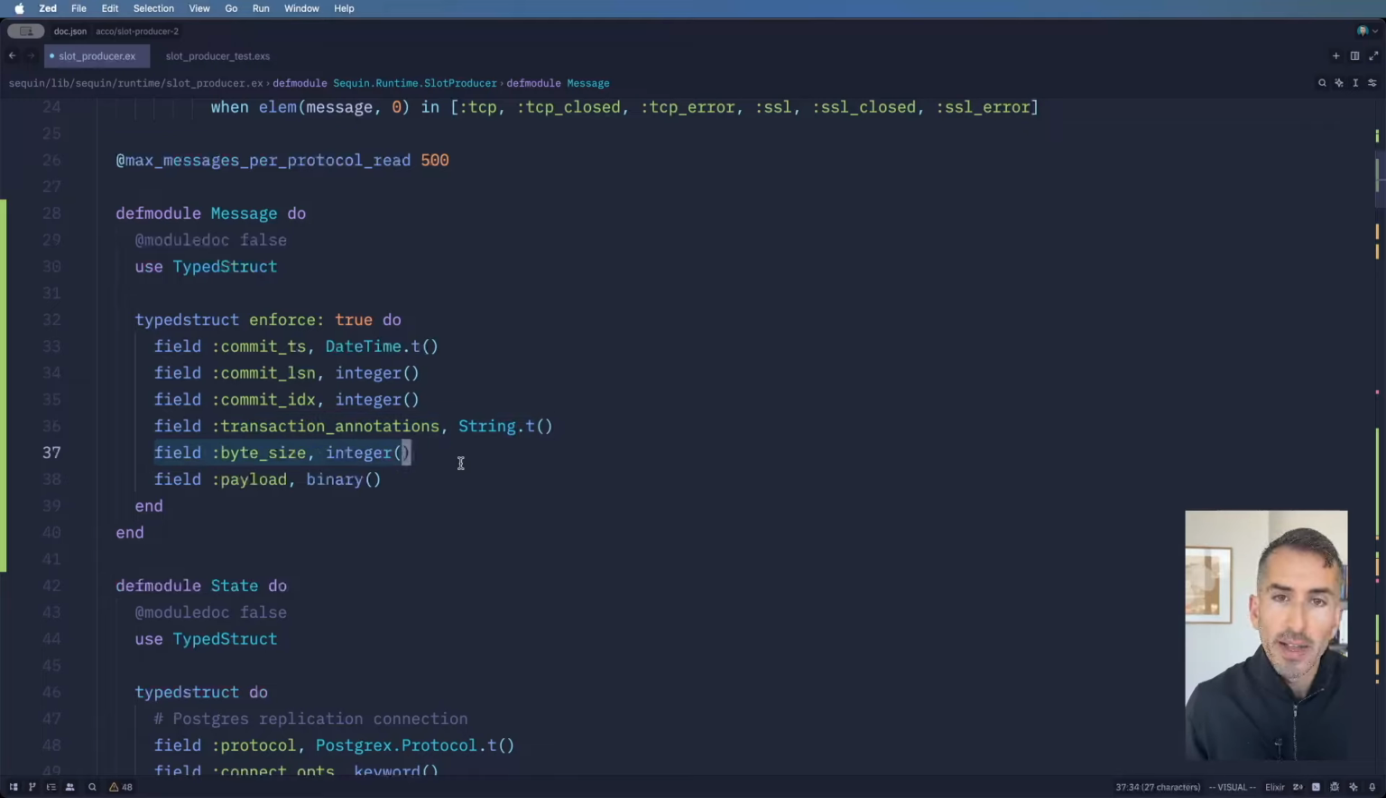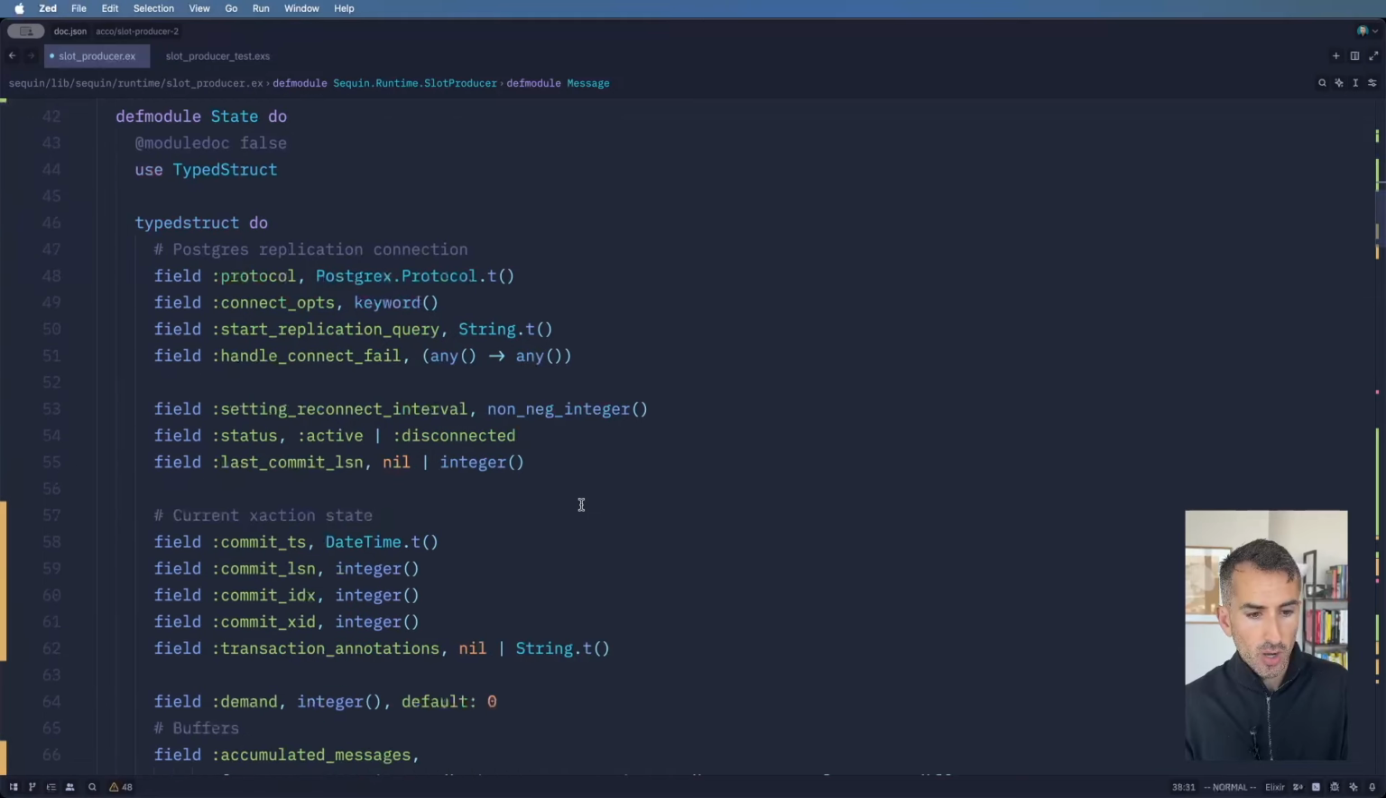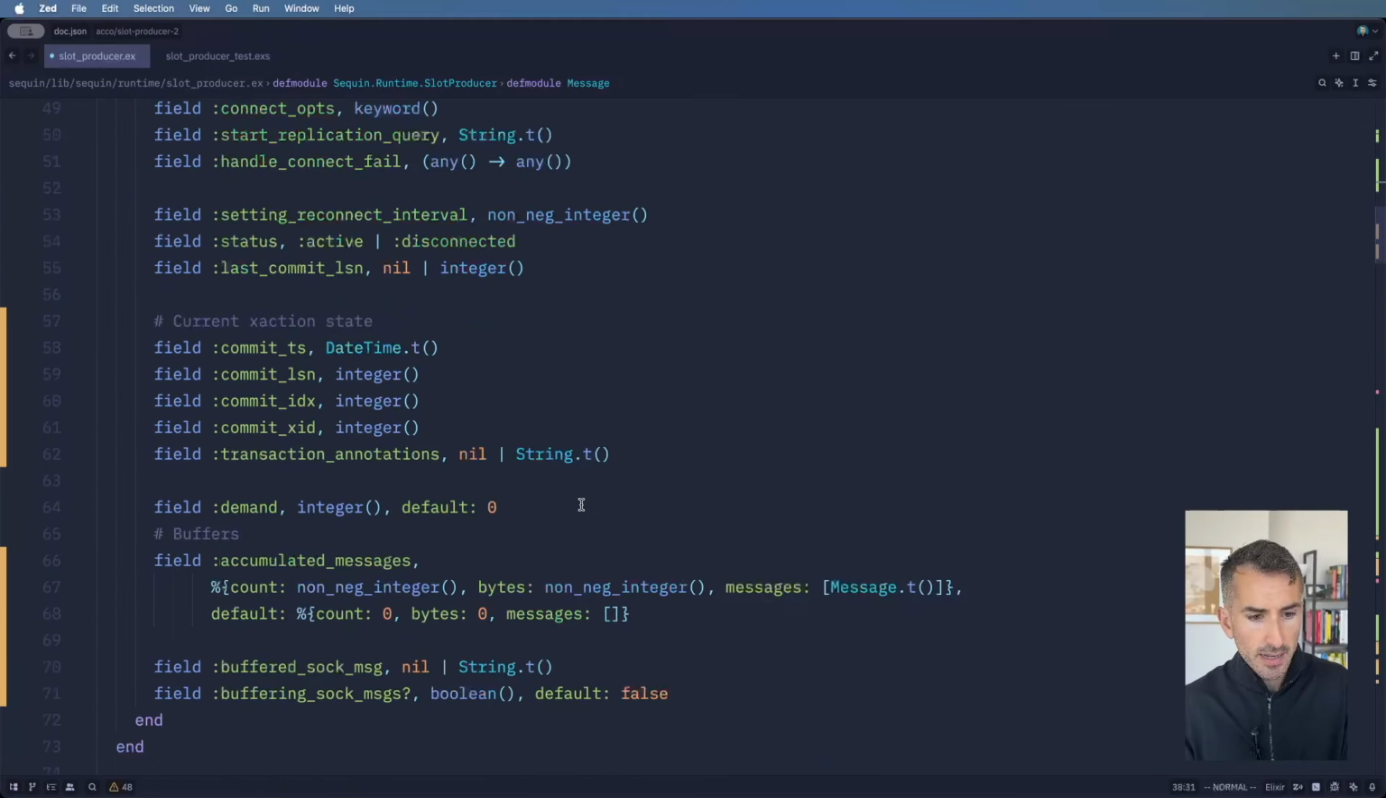And then we just store byte size on this message as well. So this is an envelope that wraps the raw binary and annotates it with information about the transaction that it occurred in, right? And where it happened in that transaction. So we make some changes to state, and the main things are